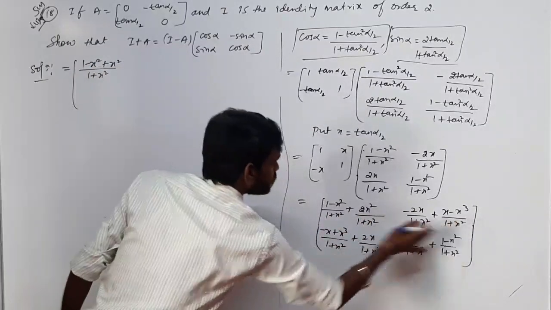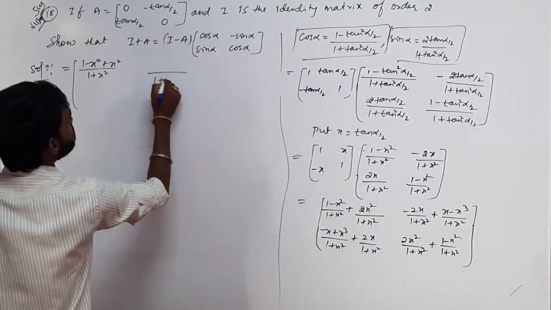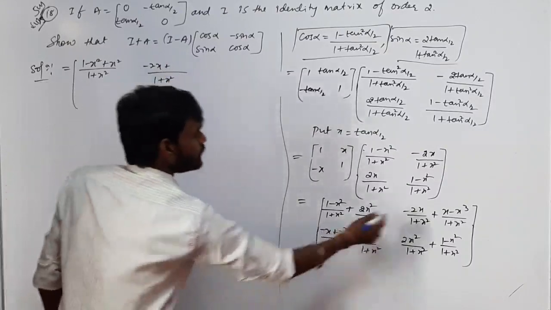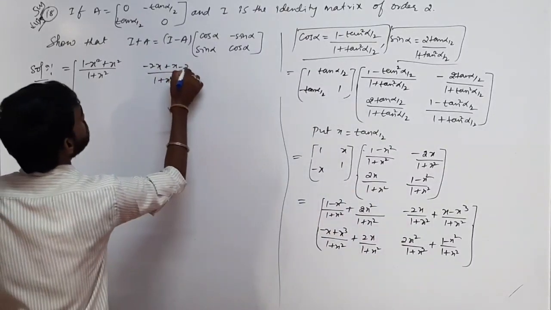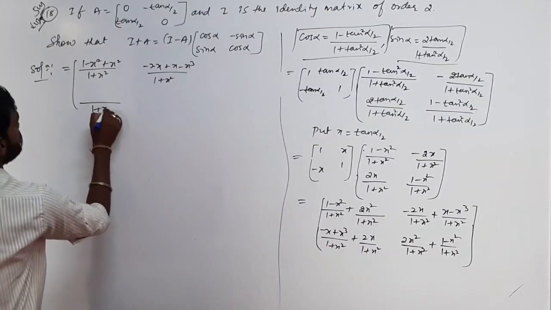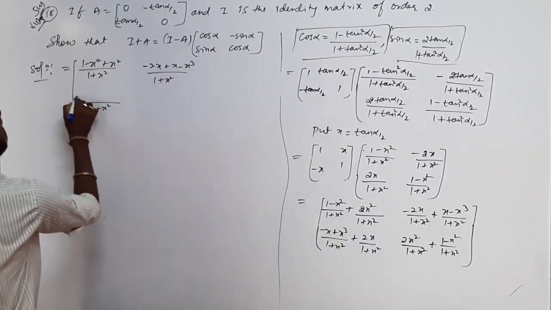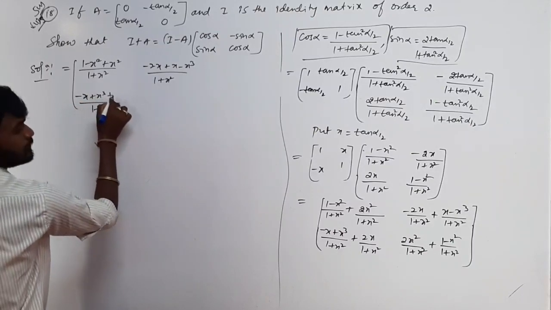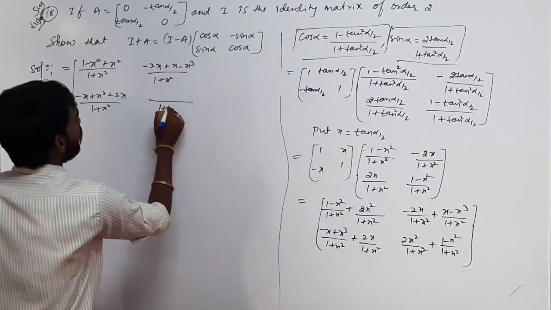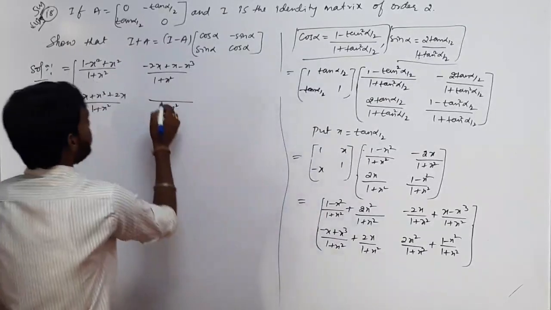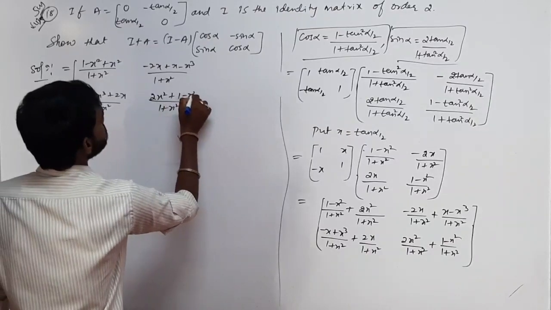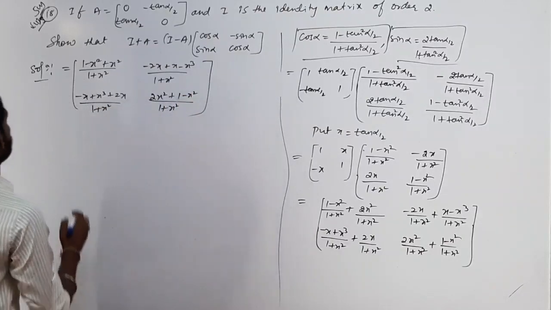The same thing here also, (1 plus x square) as it is, minus 2x plus x minus x cube. In this term, the same thing, just add and subtract numerator terms. In this term (1 plus x square) as it is, just take the numerator terms, 1 minus x square. Okay,